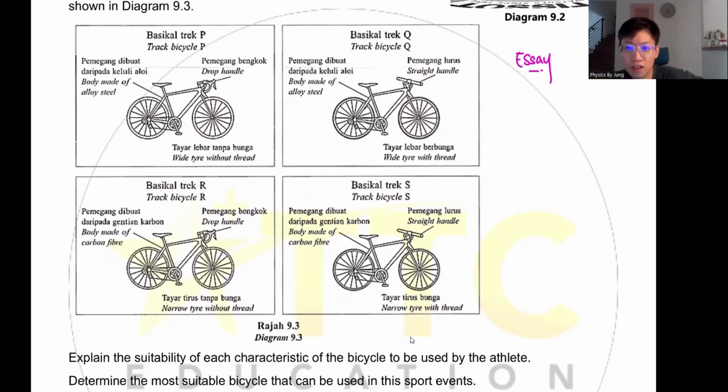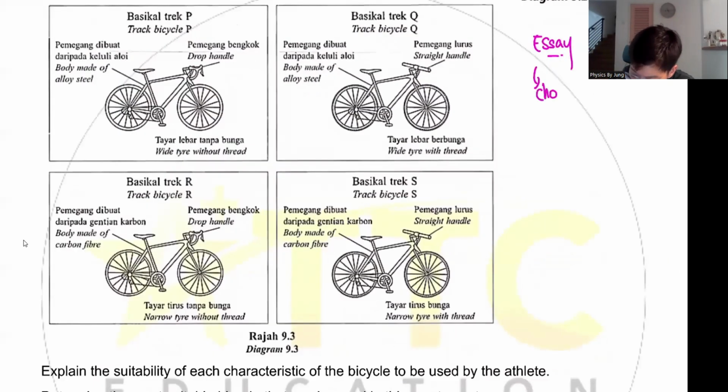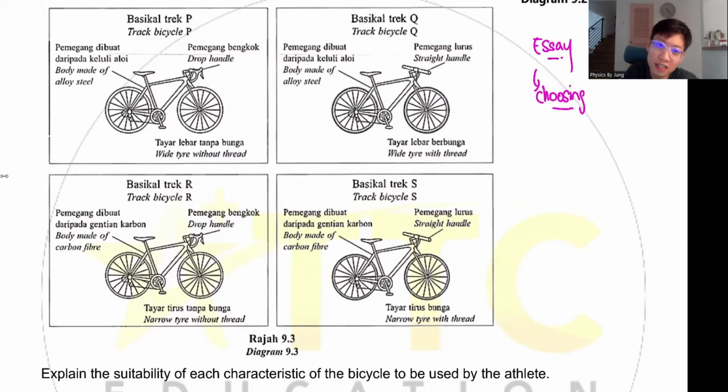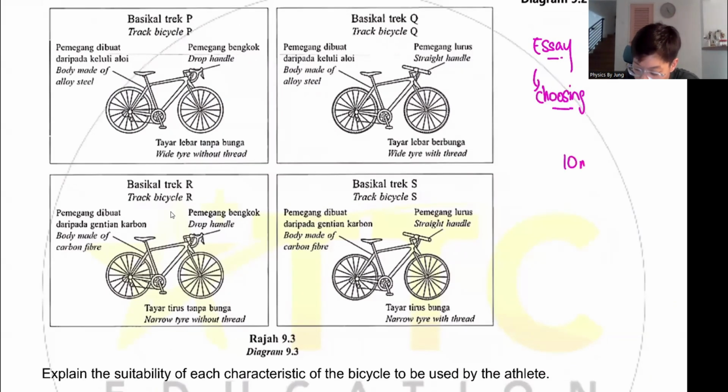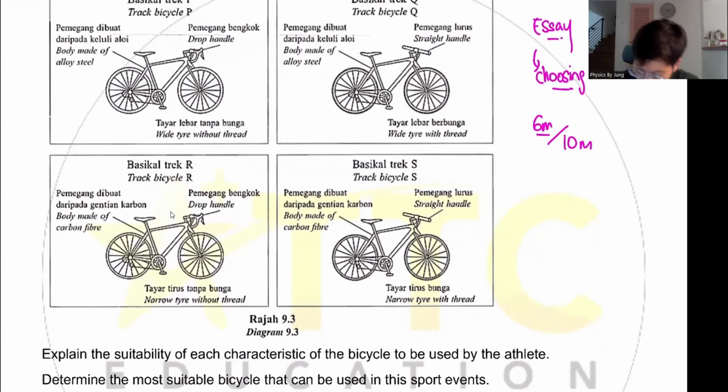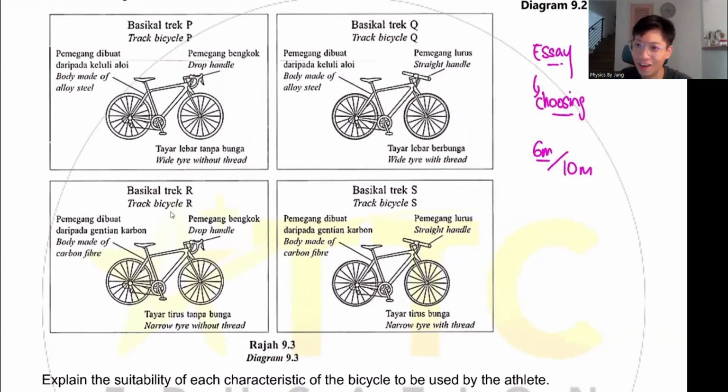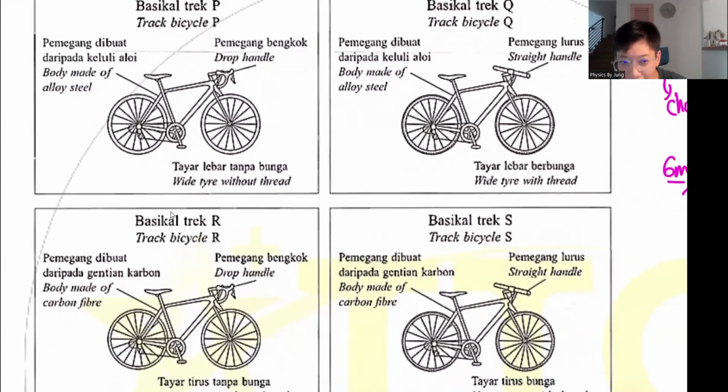Wow, this class very cute and we got different answers. We got people choose R, Q, P, and S. We actually got 4 different choices here. Now, for this kind of choosing essay, it's a very go big or go home kind of approach. Why do I say go big or go home? Because for this kind of essay question, let's say 10 marks, if you choose correctly, let's say S, the moment you choose correctly, automatically you will get 6 marks. Automatically. But if you choose wrongly, gone. Okay, gone.